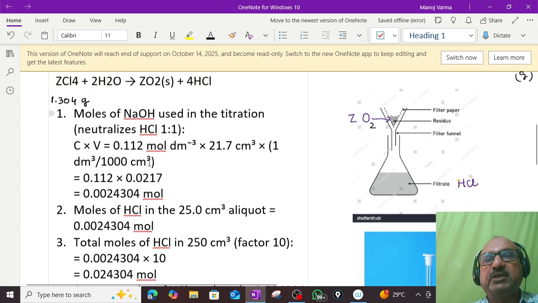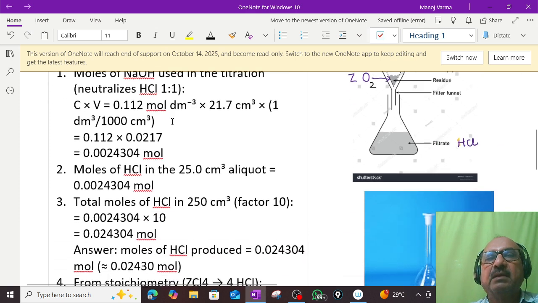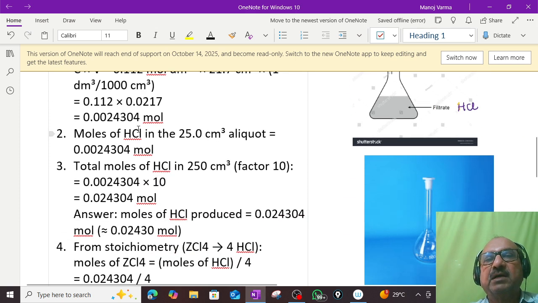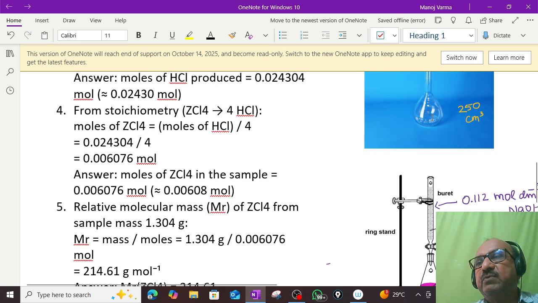Now since the ratio is 1:1 for the reaction between NaOH and HCl, the moles of HCl in the 25 centimeter cube of the solution would be the same, 0.002430. But we have to understand that we had removed 25 centimeter cube from the 250 centimeter cube, and therefore